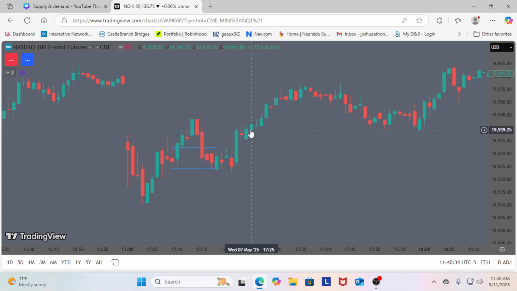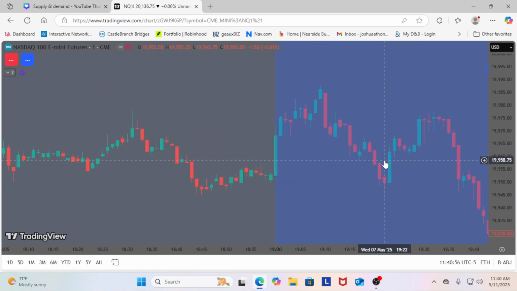Where's it at? Right, was that it? Yep. 29, yep. So 49 and a half would be right about here. Awesome. So I would probably take this 10 points here. I would get out, and then, okay, well, I see it come back into the demand area. I would take another 10 to 20 point scalp as well. Let's find us another